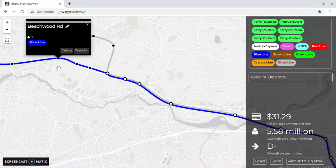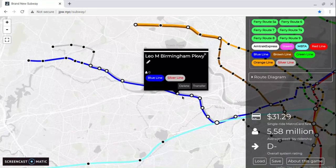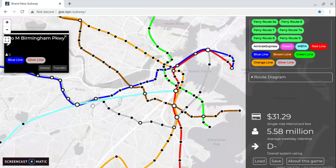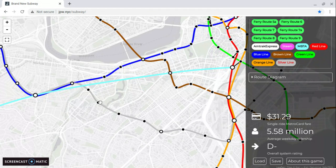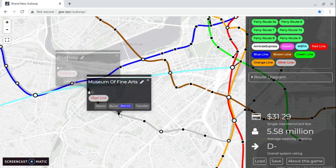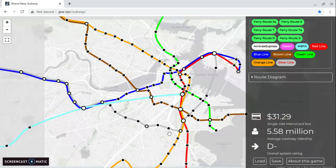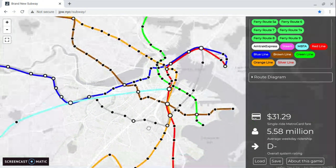That's actually Grove Hill Cemetery, and there's another stop on the orange line named Grove Hill. So that's why I just named it for a nearby street. You have it going through, actually a little bit through Brookline, almost. Another thing I didn't mention is that the silver line goes through Fenway, Riverway, the Museum of Fine Arts, and Roxbury Park. And actually, through Andrew Square, you have like a big view of what the Northeast